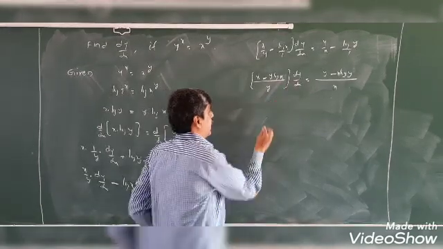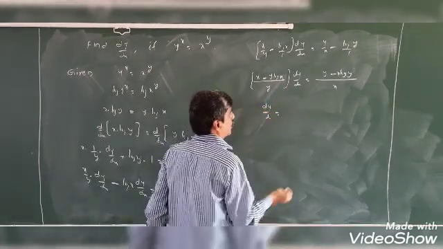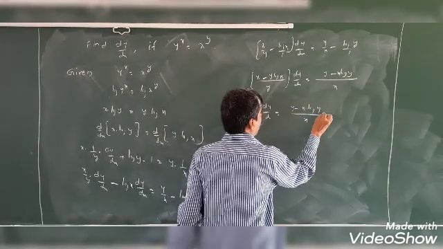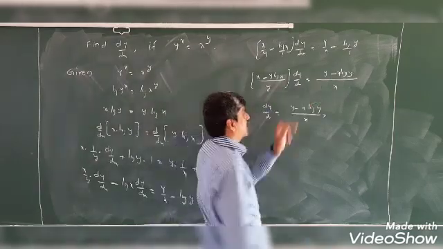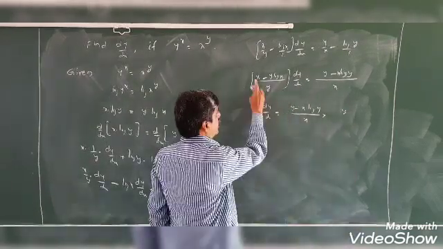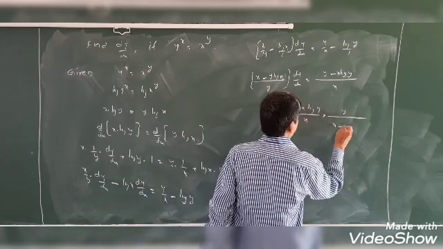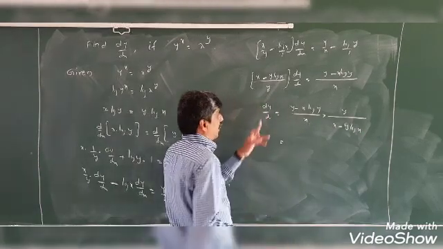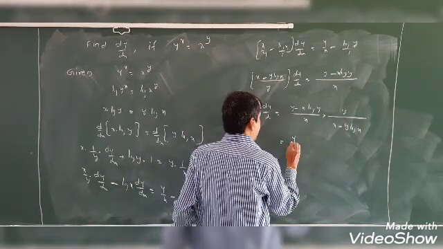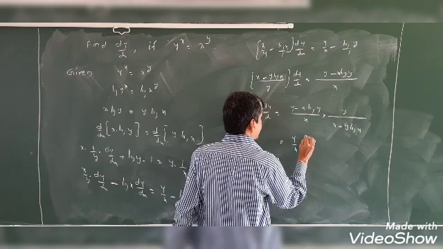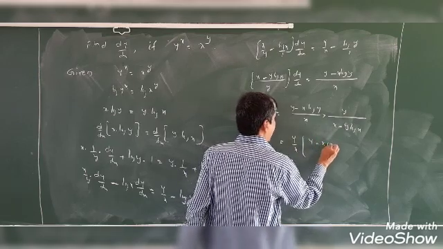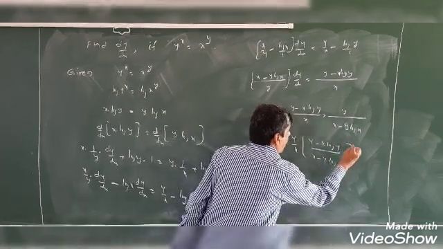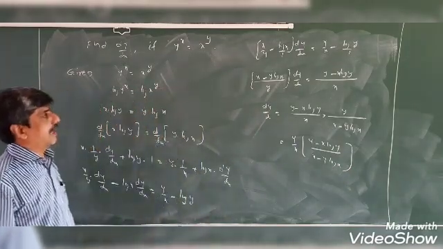So to find dy by dx, dy by dx is equal to y minus x log y whole by x. So this y value should go to the other side, into y, so this into value should go to this side, by x minus y log x. Therefore dy by dx is equal to y by x into y minus x log y, by x minus y log x. This is the value of dy by dx.